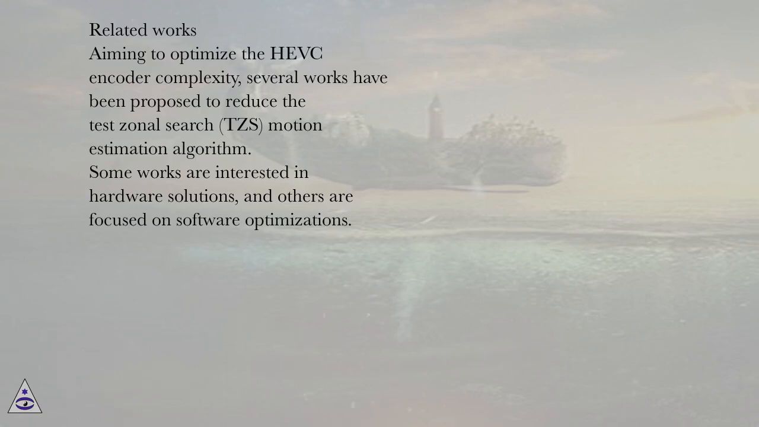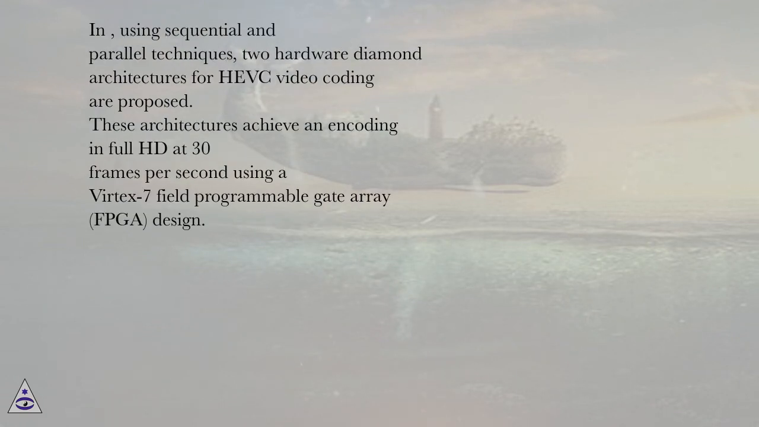Related works. Aiming to optimize the HEVC encoder complexity, several works have been proposed to reduce the test zonal search, TZS, motion estimation algorithm. Some works are interested in hardware solutions, and others are focused on software optimizations. Using sequential and parallel techniques, two hardware diamond architectures for HEVC video coding are proposed. These architectures achieve an encoding in full HD at 30 frames per second using a Virtex 7 field programmable gate